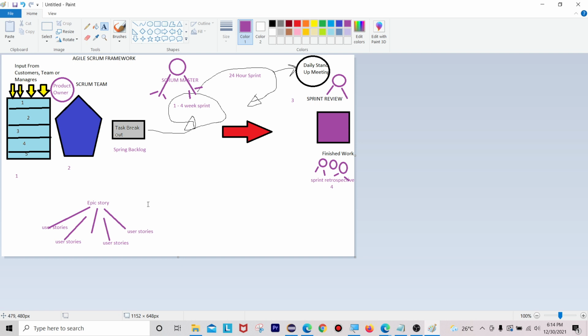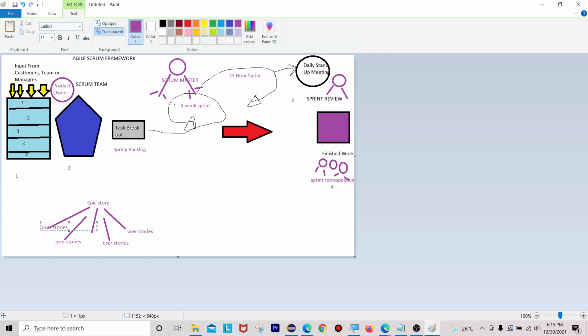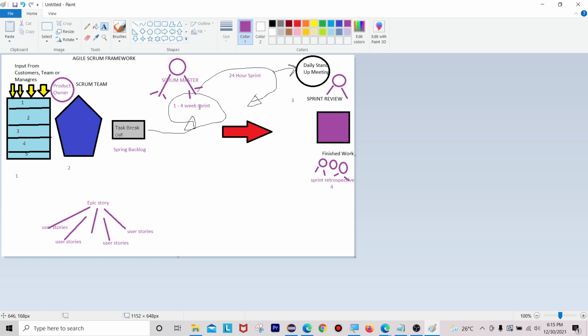The epic stories are designed by the product owner. User stories are going to be divided into tasks and subtasks. This is an epic story, where we can have user stories, and based upon these user stories we are going to design our test cases.